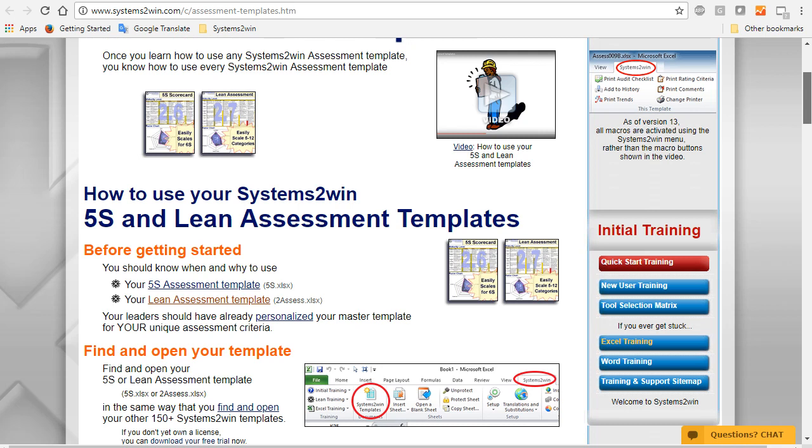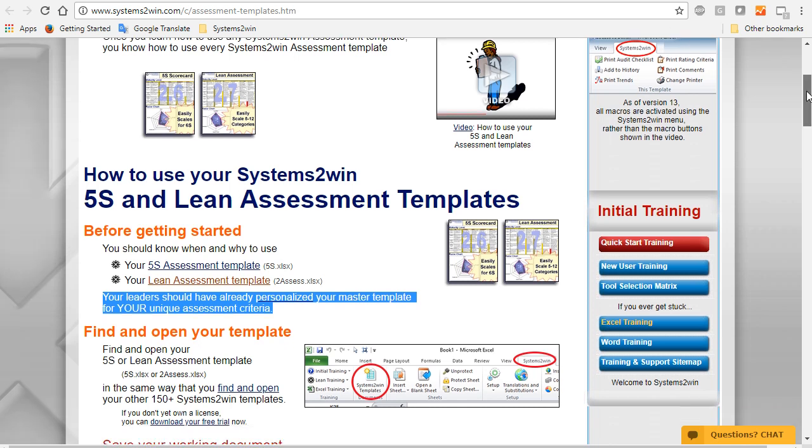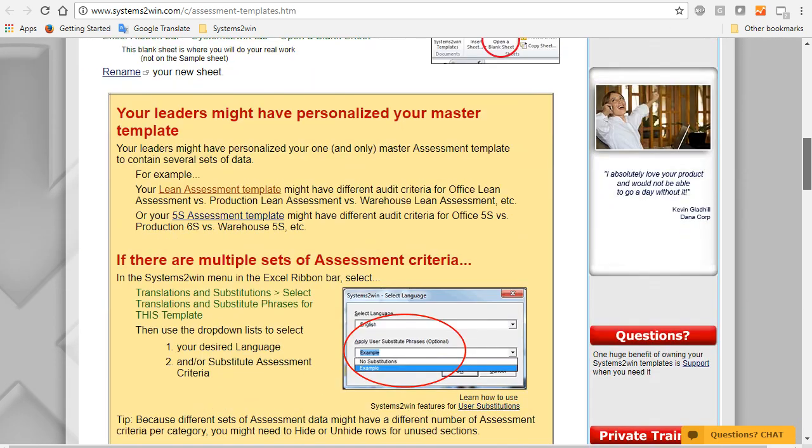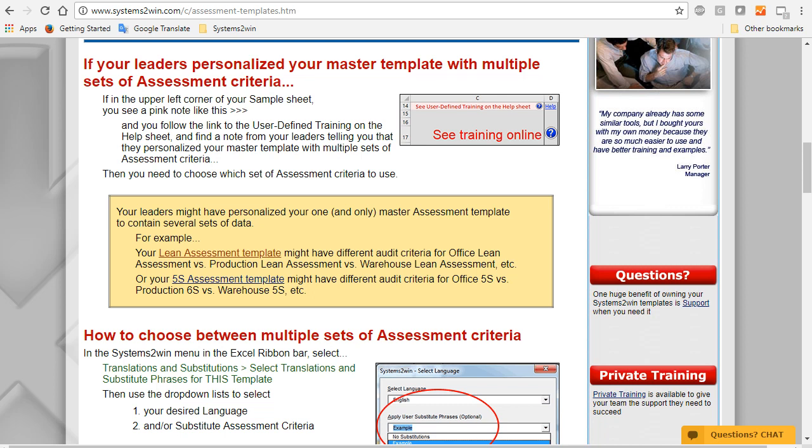And if we scroll down just a little on this page, we see that it starts with training for what we've already shown you in this video for how to find and open your template. And it also says that your leaders might have already personalized your master template for your own unique assessment criteria. And if they did, then it tells you what to do about that.